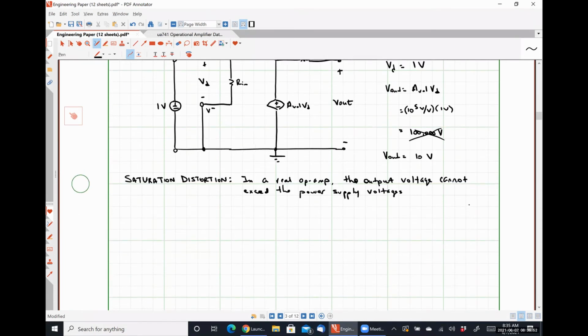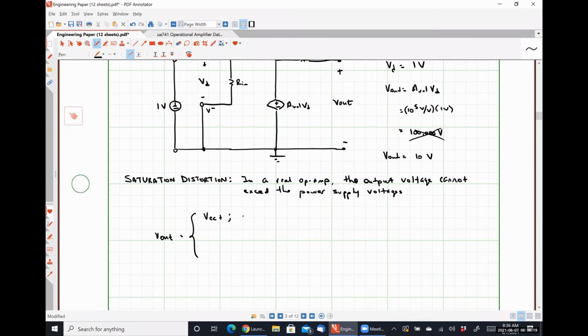And so I can create kind of a piecewise definition here. All right. So V out will be VCC plus